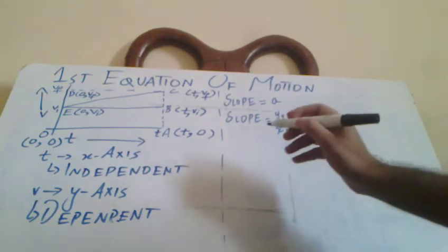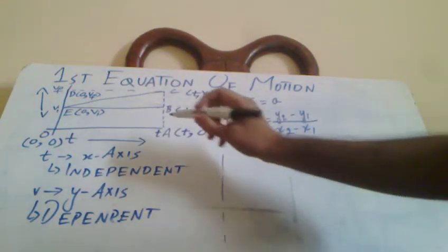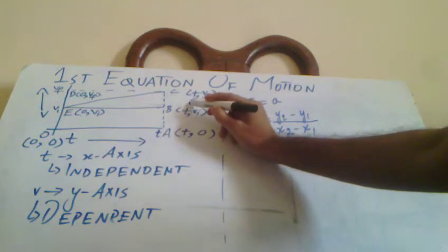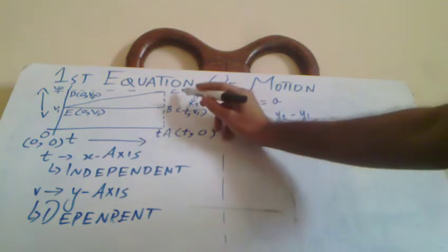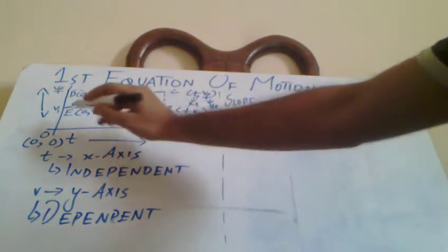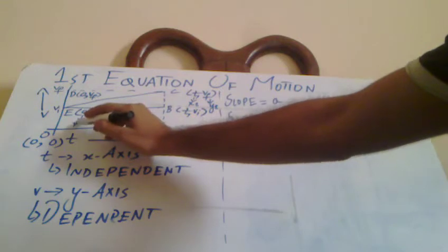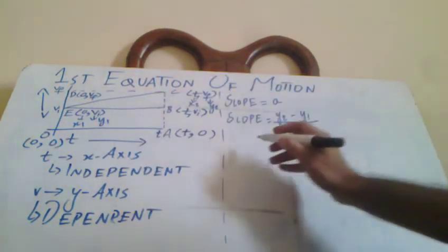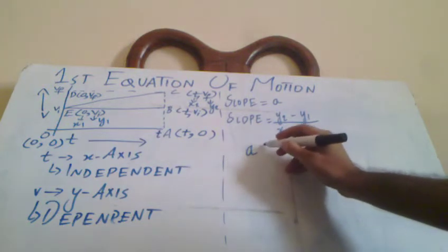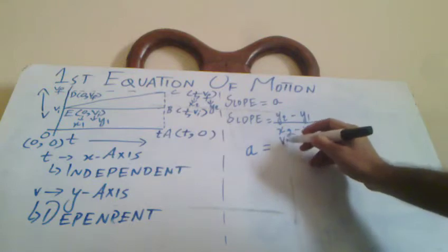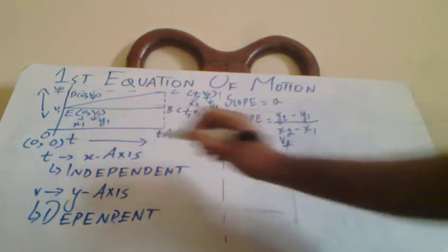As we are considering line EC, let's say that x of C is called x2 and y of C is called y2, and x of E is called x1 and y of E is called y1. Putting all these values in this, we have acceleration equals y2 which is vf, y1 which is vi